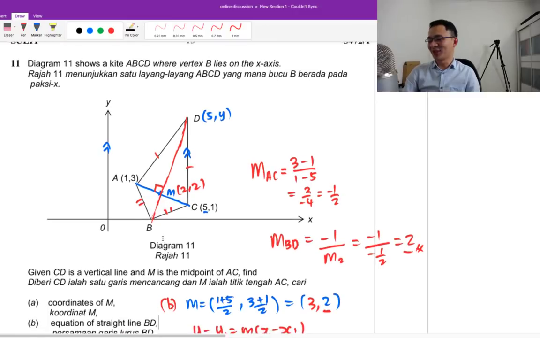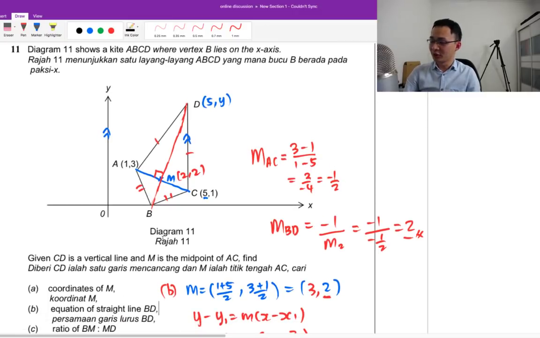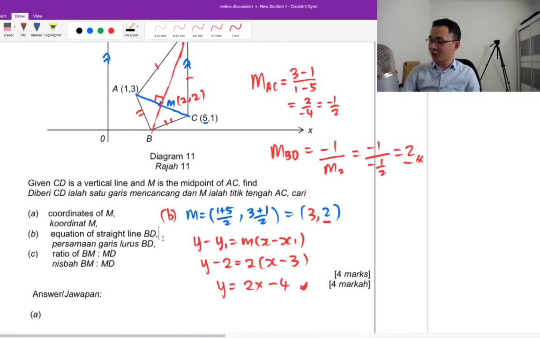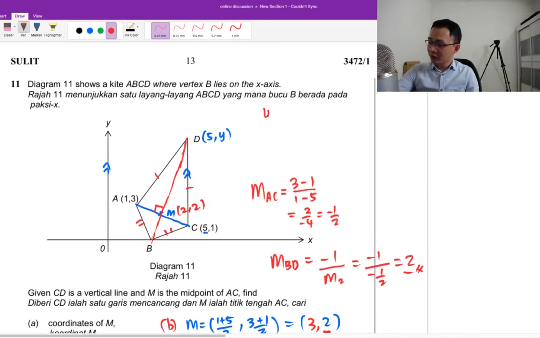Just can't believe this question is just 4 marks. There's so many things you need to do. Okay, since I have the equation y equals 2x minus 4 for BD, now what I want to do is